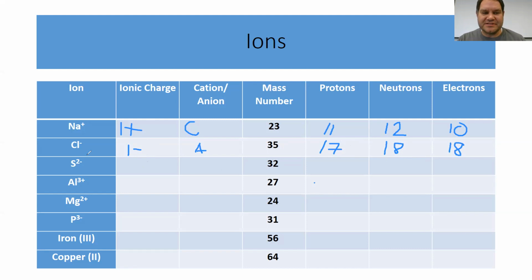Okay, and we can keep on doing this. Let's look at sulfur. It's got a -2 charge. Actually, I really should write the 2 first. We don't mark you wrong if you do it the other way, but traditionally we write the 2 first and then the negative charge. It is an anion. 32 is the mass number. The periodic table says that sulfur has 16 protons. 32 minus 16 gives us 16 neutrons. And since we are gaining 2 electrons, it should have 2 more electrons than protons. So we should have 18